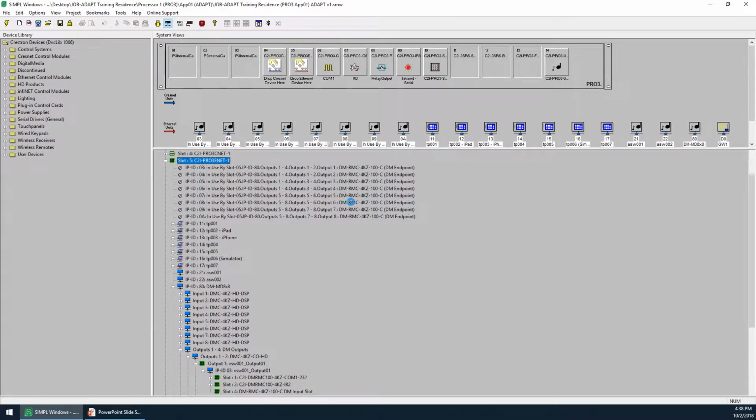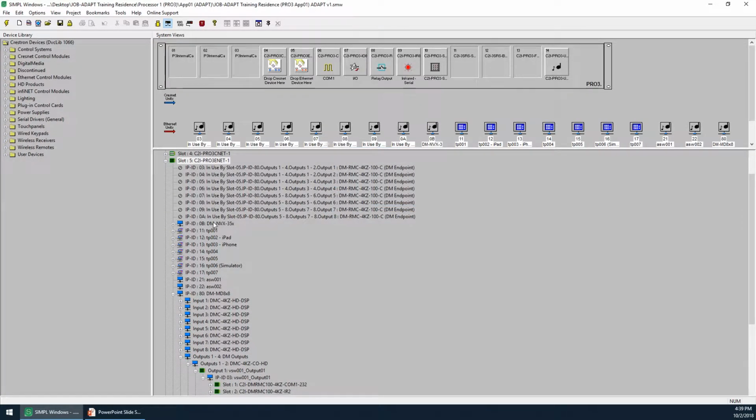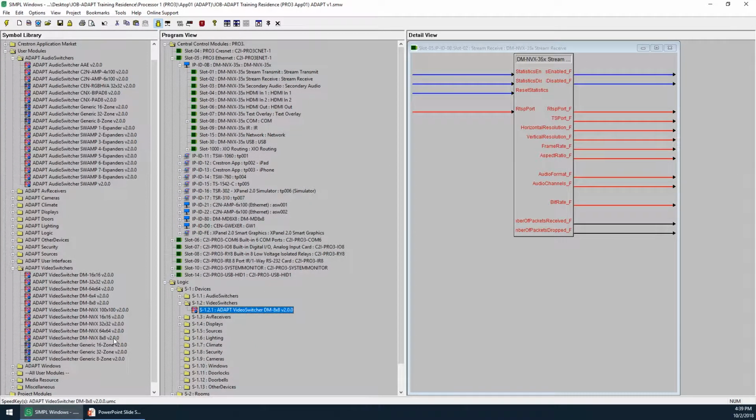And so one of the things that we've done is allowed for just your straight DM NVX cards, kind of individualized. Let's see if we can find this here, DM NVX. We'll go ahead and add just the standalone box here. And so if you are not using an XIO director, you can do one of two things with these Adapt